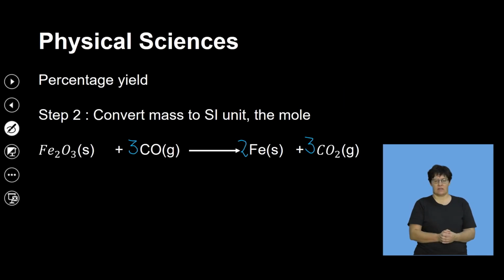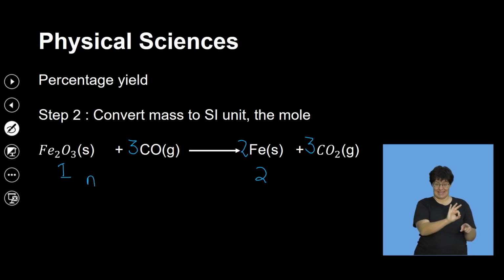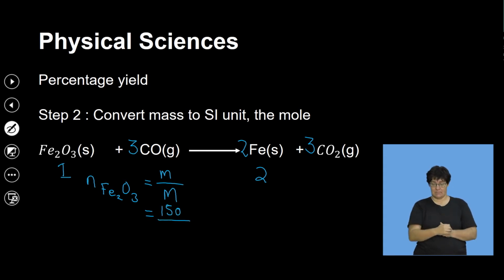Now let's look at the conversion of the mass into the SI unit, which is the mole. So the stoichiometric ratio in which they react with each other is actually 1:2. Okay, this is the ratio for the ore to the iron. So we are told that there is 150 grams of the oxide. So if there is 150 grams of the oxide, we ask ourselves, in 150 grams, how many moles of iron 3 oxide are present? So we know that number of moles of iron 3 oxide actually equals the mass of the sample divided by the molar mass. So the mass of the sample in this case, we are told, is 150 grams. Now the molar mass of iron 3 oxide, if you go back to the periodic table, you'll get 160 grams